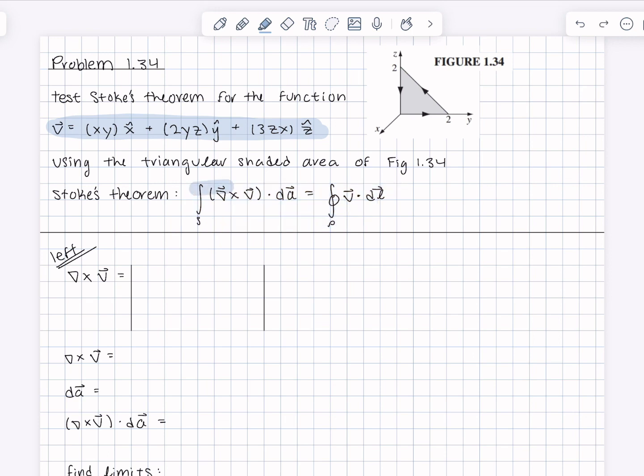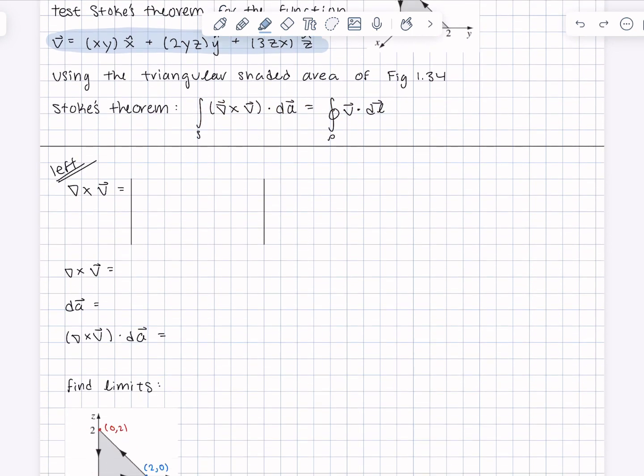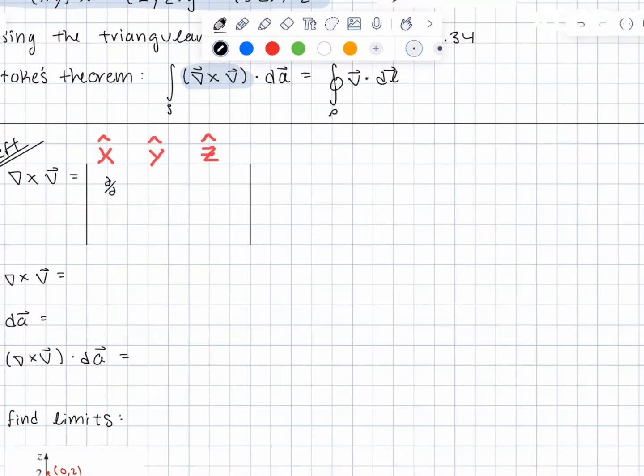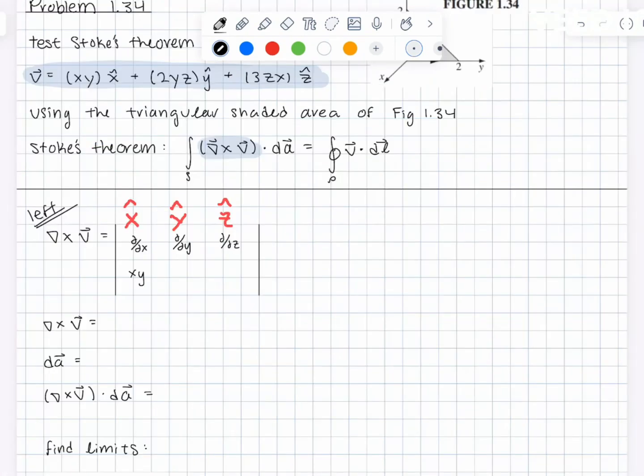To start off, we'll be focusing on the left-hand side of this theorem. So first we're going to want to just take the curl of v, which is this part of the equation right here, and then after that we'll take the dot product with dA. To start, we'll have the partial with respect to x, partial with respect to y, and partial with respect to z. And 3zx. And to take the cross product, first we will have in the x-hat direction, so that will be